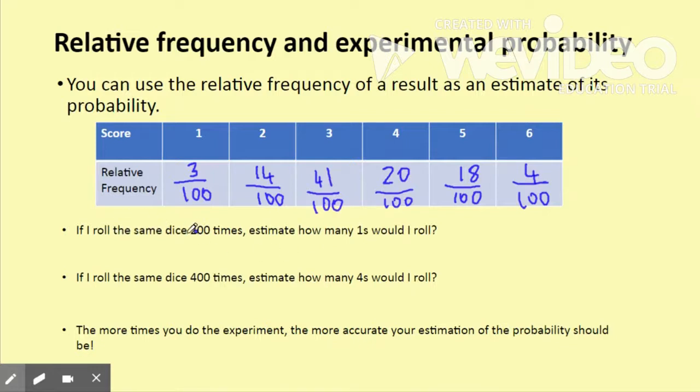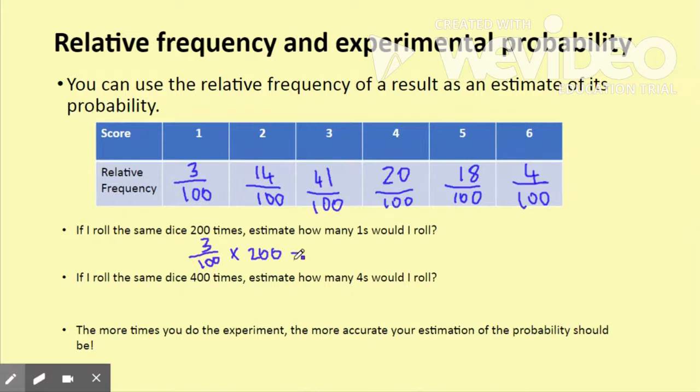If I roll the same dice 200 times, I want to estimate how many times I would get a 1. To do this, I'm simply going to do 3 over 100 times the number of times it's going to happen, so relative frequency or probability times 200. So 3 over 100 times 200 is just going to give me